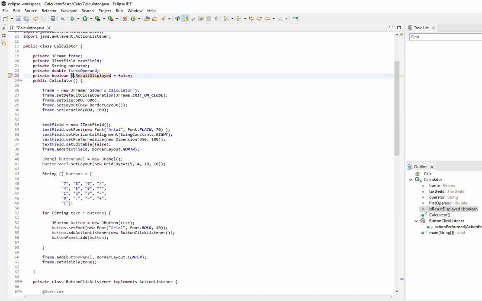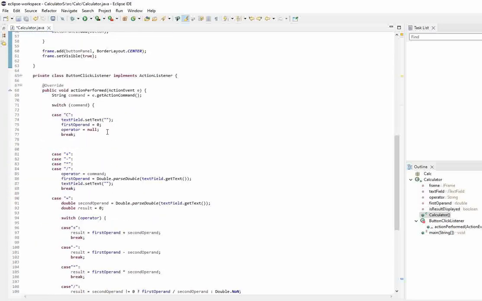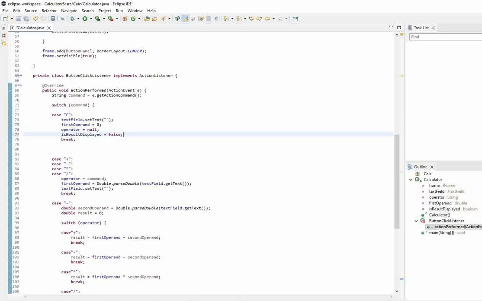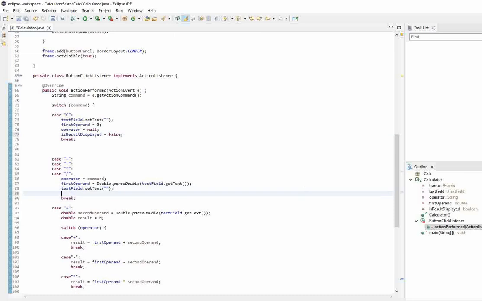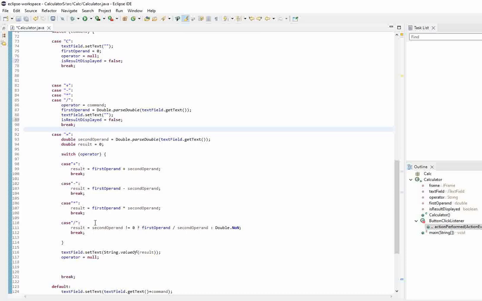So I'm just going to copy this and paste it in the cases. I will paste it here first, then here. So they're all false, but this one over here is going to be equal to true,